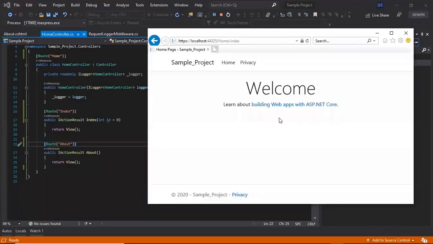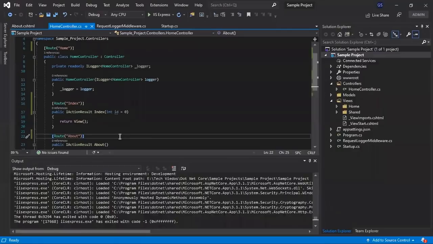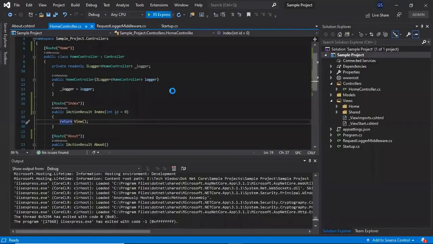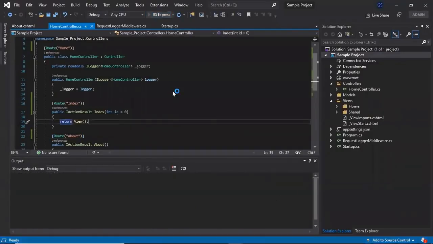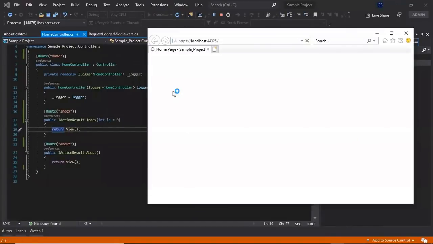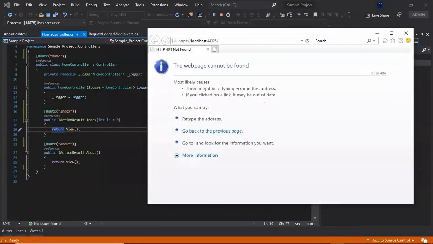Home slash index. Yes, we are able to access this. If you notice, when our application started, we are getting the error page not found. This is because we don't have any default route configured in our application.